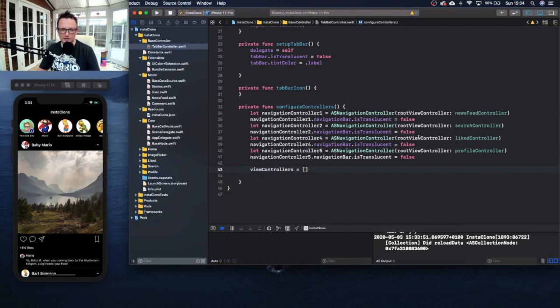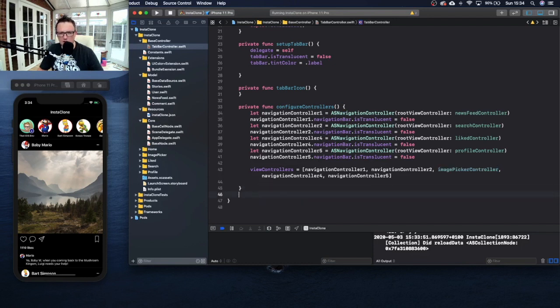So if we create our array, do this, do that, change that to 2, and then here we're going to actually pass in the image picker controller, set that to 4, and then set that to 5. So you might be asking yourself, well, why have I done this and not nested that in a navigation controller the same way I've done this? And the reason being is that we're now actually going to